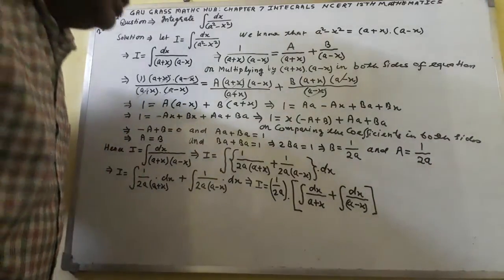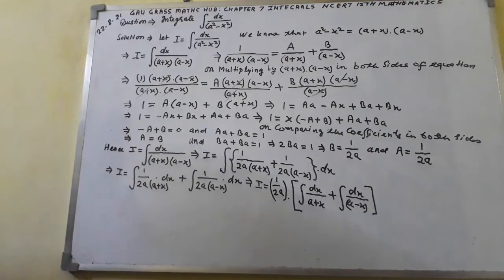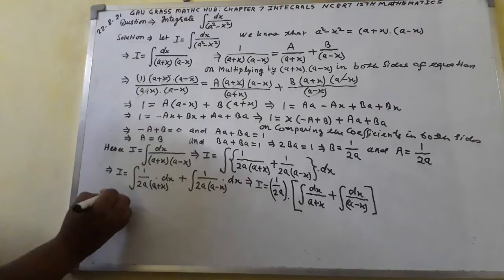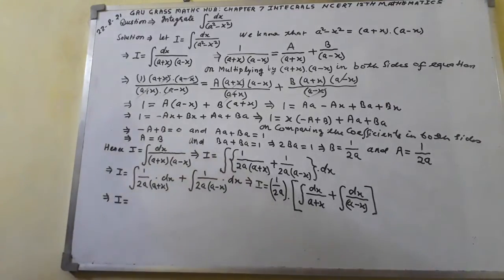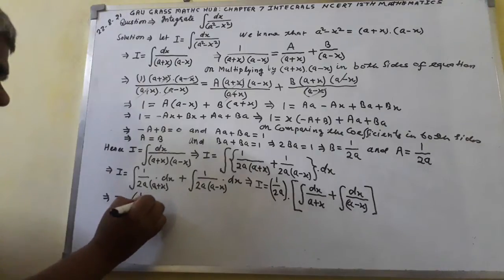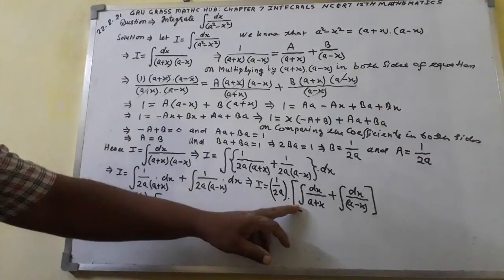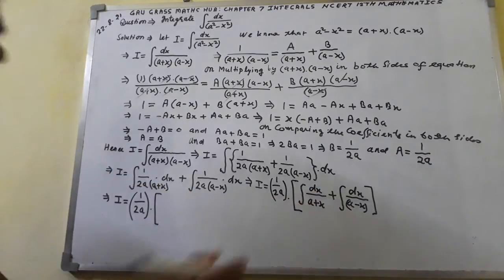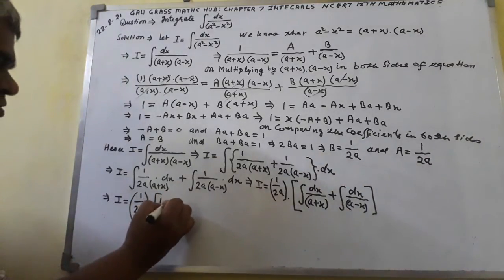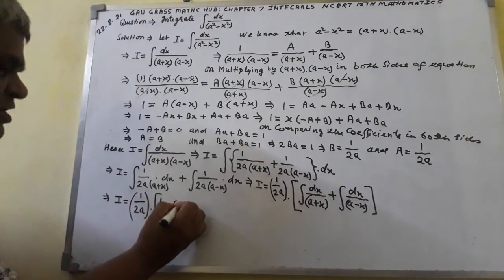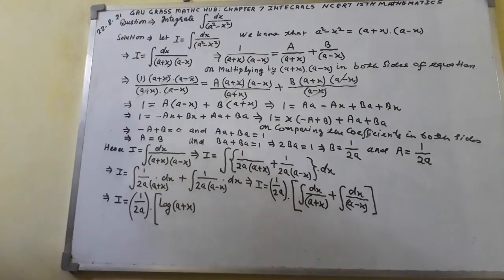Now what to do next? Next I shall write, implied that I equal to, in bracket I shall write 1 over 2a dot, open here this one, integral dx over a plus x, we will get log a plus x, plus,